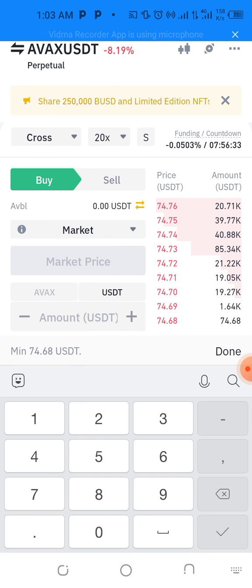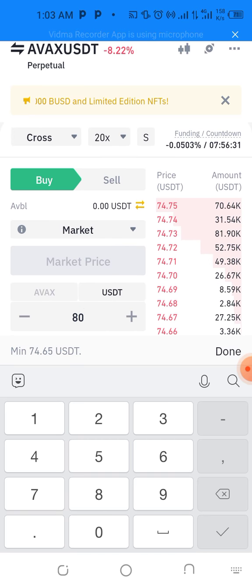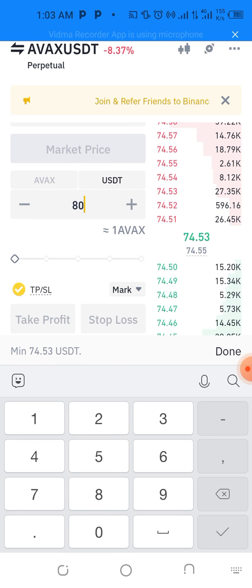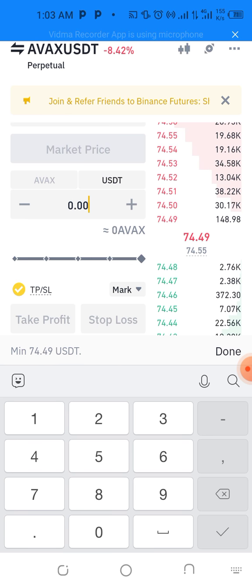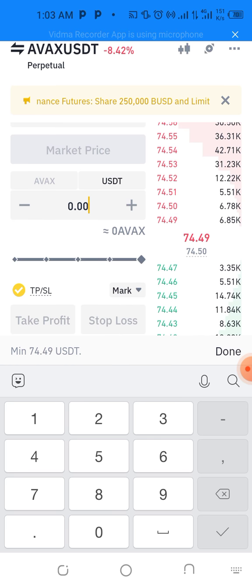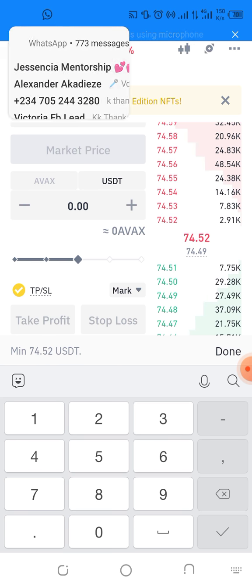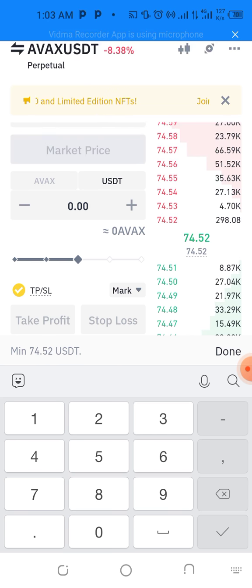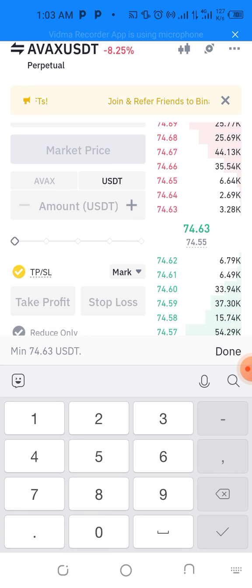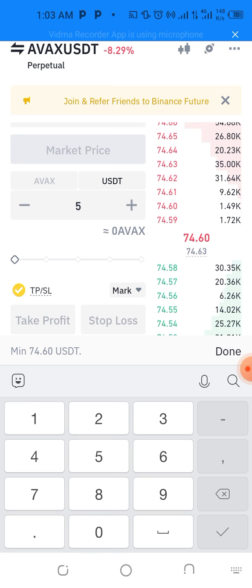So let's say I want to use 80 USDT to trade these adverts, and then I want to borrow more USDT from this futures trading. So I will just click here if I want to borrow, so I don't have any. Okay, here now it means that you want to use either part of your USDT or all of it. Let me say you want to use 25% of your USDT, you want to use 50% of the USDT you have, or you want to use 100%. So 100% is still 0 because I don't have any USDT here. Okay, so let's say I'll just put 50 here,